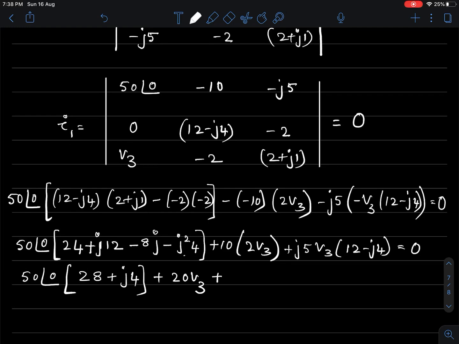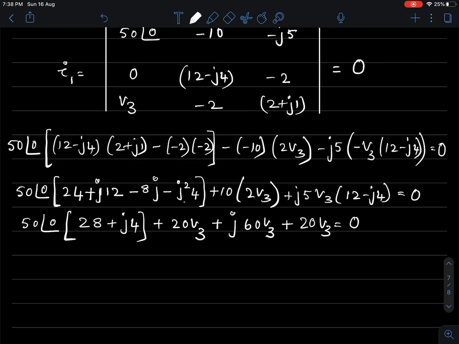what do I have? 60j, 60√3. Then this is minus j square, that again will become plus. Okay, 5 4s are 20, again √3, equal to 0. All right. Now I may have to group the terms. If I can group the terms, this equation reduces to, this is